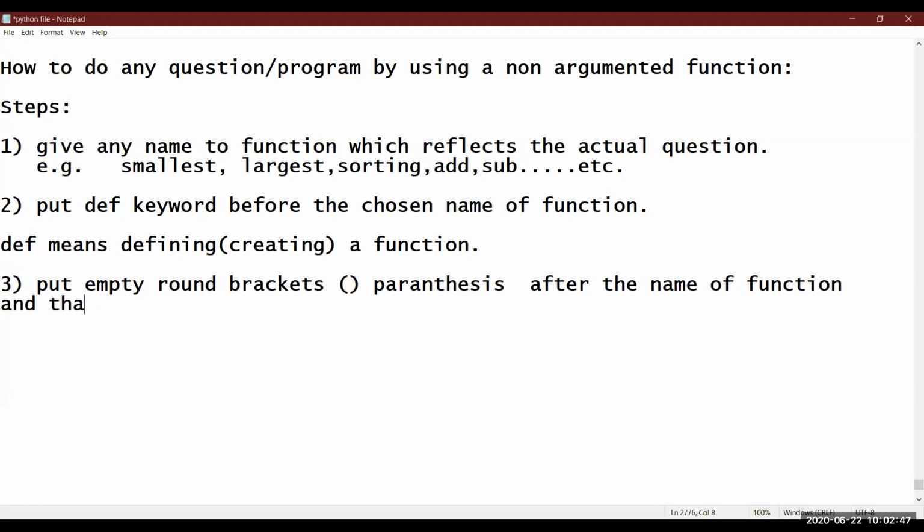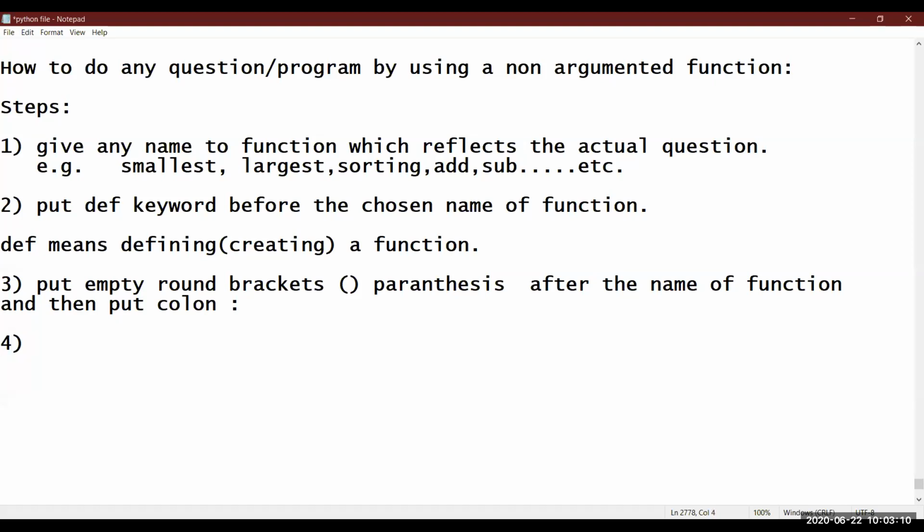And then put colon. Okay. So def, after that give one space, at least one space should be there. Then the name of function, whichever question you want to do. And after that empty parenthesis, empty round brackets, and then a colon. Fine.